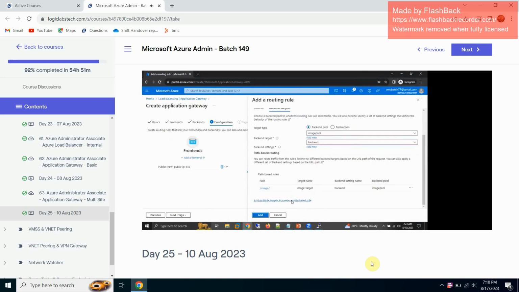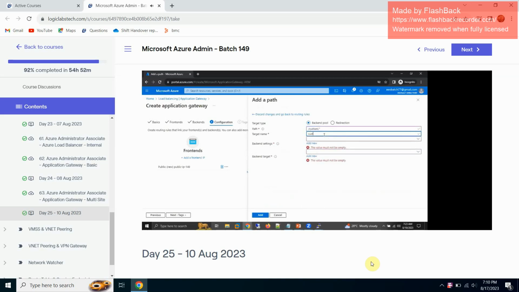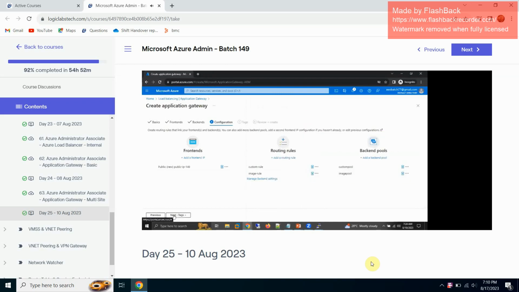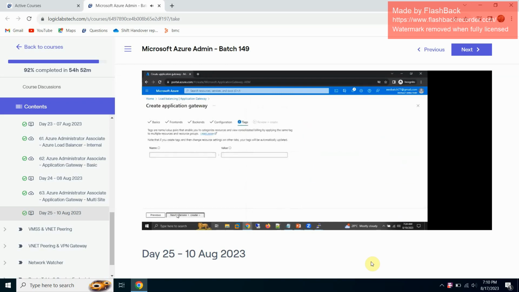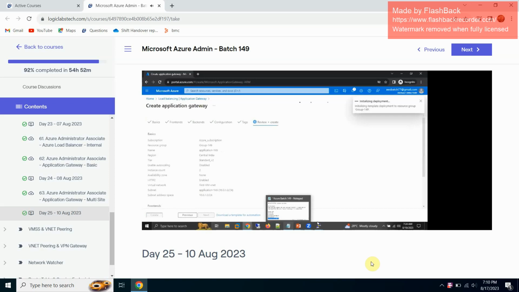One more. /custom, /custom, target, custom. Add that. Click on next. Review plus create. Click on that. Until the time system is creating this application gateway, now I explain you the rules which we